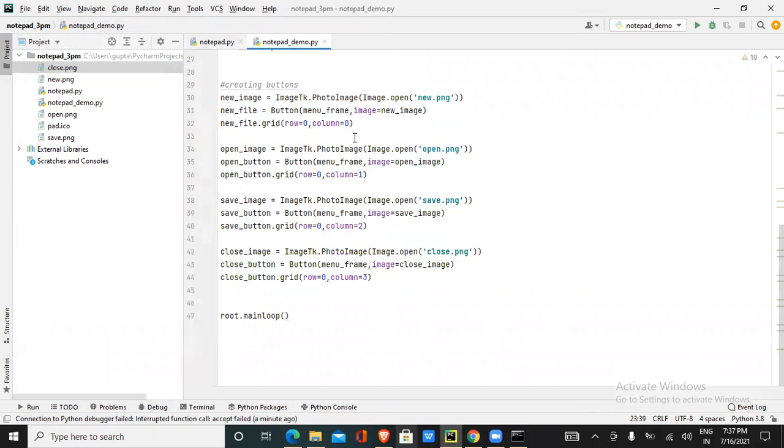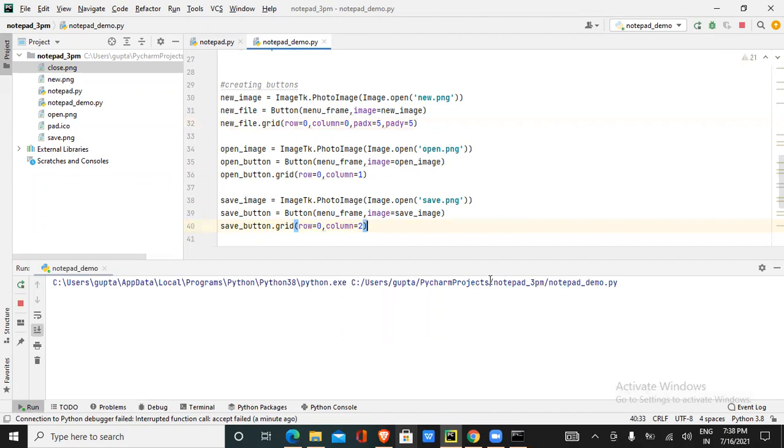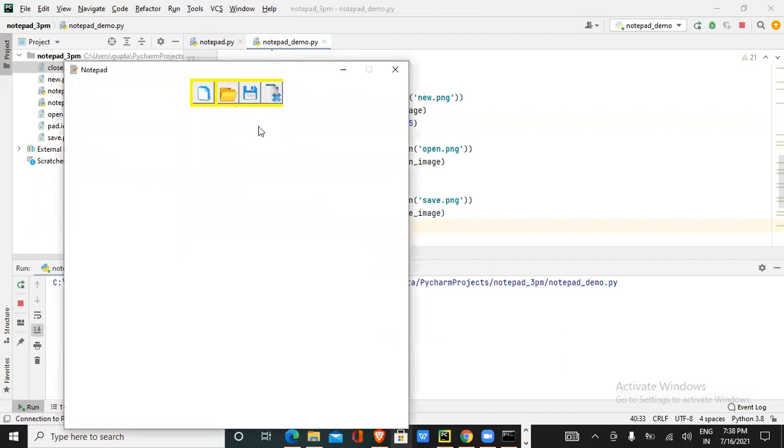So whenever you have to access the yellow color, inside this grid only, after the columns and all, you pass pad x. Pad x means, first of all, that's called the padding concept. Padding means giving spaces in the background. So pad x means passing space in the x-axis. How much you want to pass? 5. And pad y means padding on the y-axis, giving the space on the y-axis. So if you run now, you will see some color in the background.